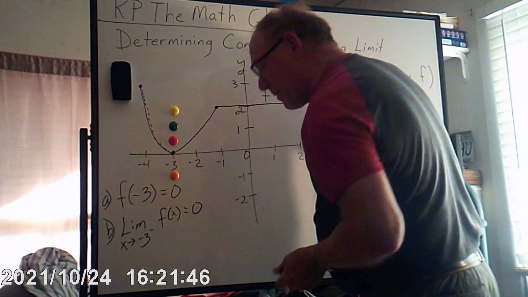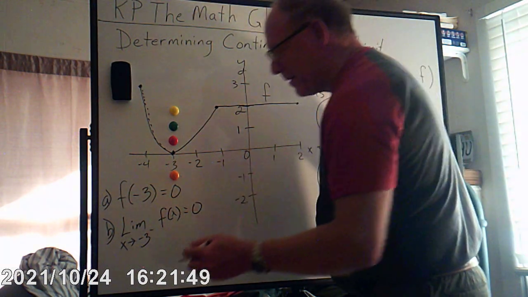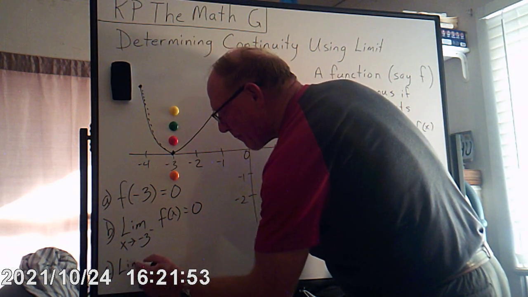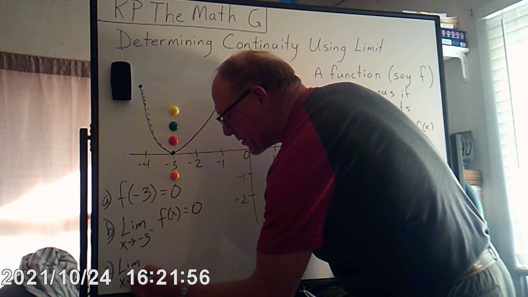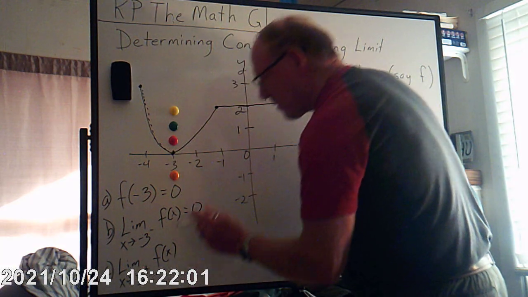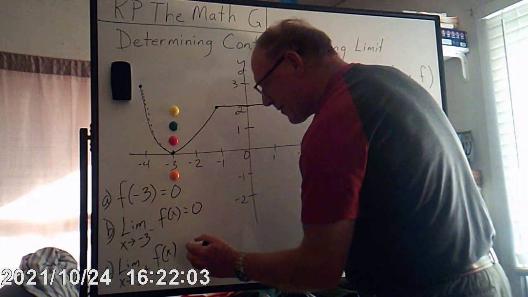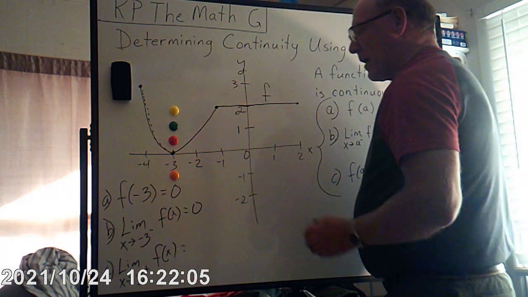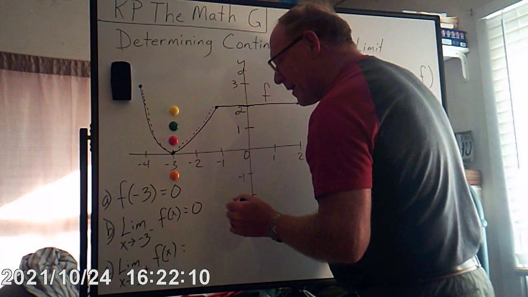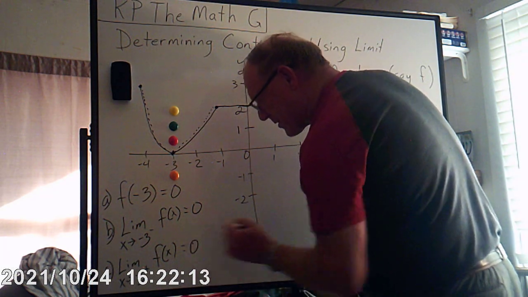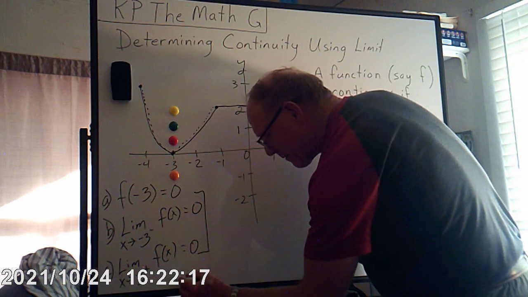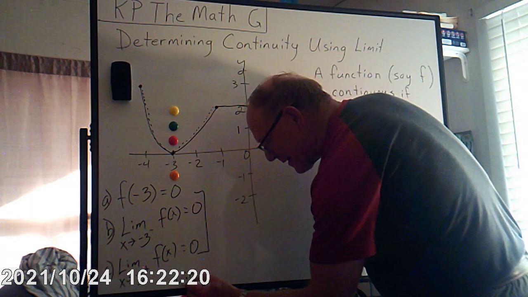And so the only thing we're looking for now is the limit as x approaches -3 from the right. If it's 0, we have continuity. So if we go from here, we go this way, and we come down to here, then that is 0. So we know that this limit, let me write down at the bottom here, the limit,